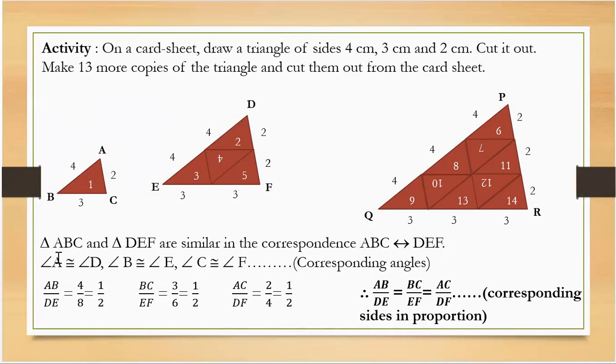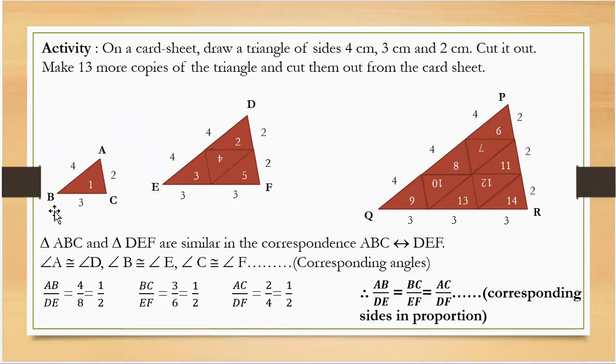So side AB should be exactly coinciding. In triangle ABC, angle A is coinciding with side AB. So point A exactly coincides with which point? D. And point B coincides with E. So if I take AB, here I have to take DE. So AB divided by DE: the value of AB is 4. And DE, from D to E, what will be the value? Here we have doubled it. So 4 plus 4 is 8. So 4 divided by 8 means what? 4 ones are 4, 4 twos are 8. So it will be 1 upon 2.